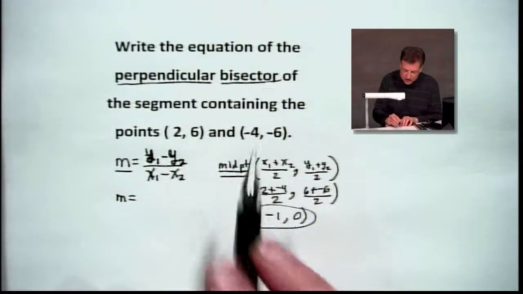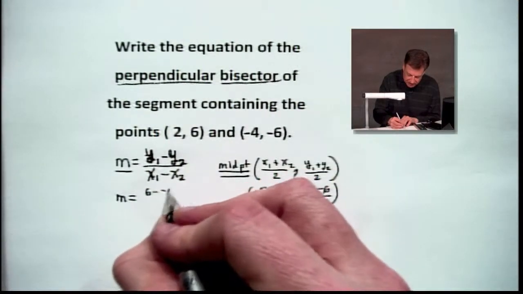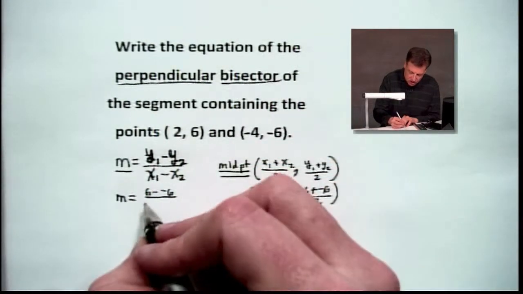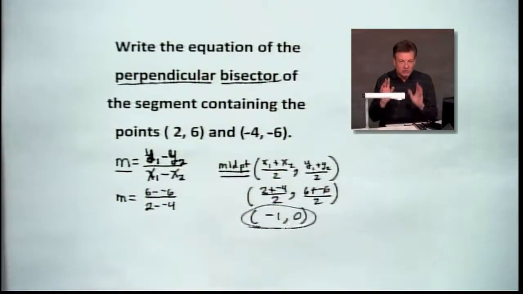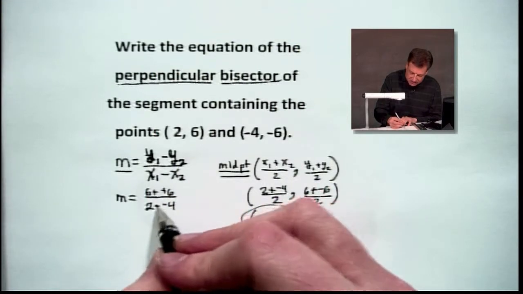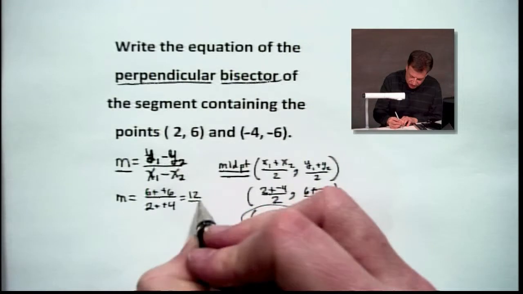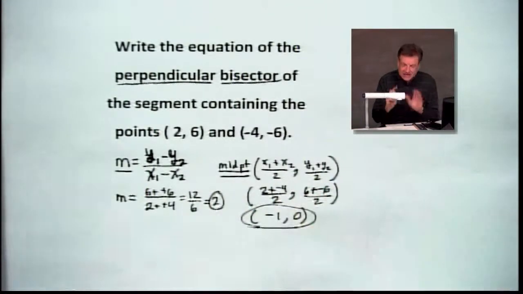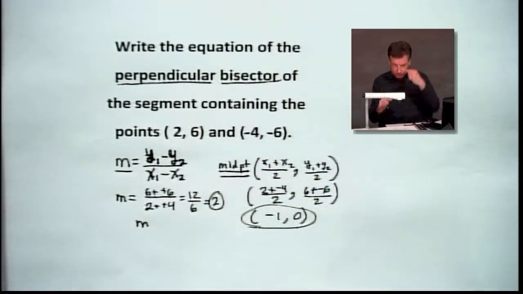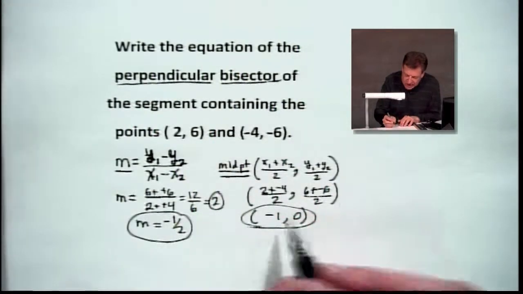Our slope is going to be rise over run once again. And I'm going to take it 6 minus -6 over 2 minus that -4. Now remember, we got these add the opposite moments. So we're going to put plus a positive there. And nice news is that we're going to get 12 over 6, which is 2. And that's not the slope I want to use. No. I want to use the slope that's the opposite reciprocal. Change the sign, use the reciprocal. So we're going to use -1/2. So we now have a point and a slope.